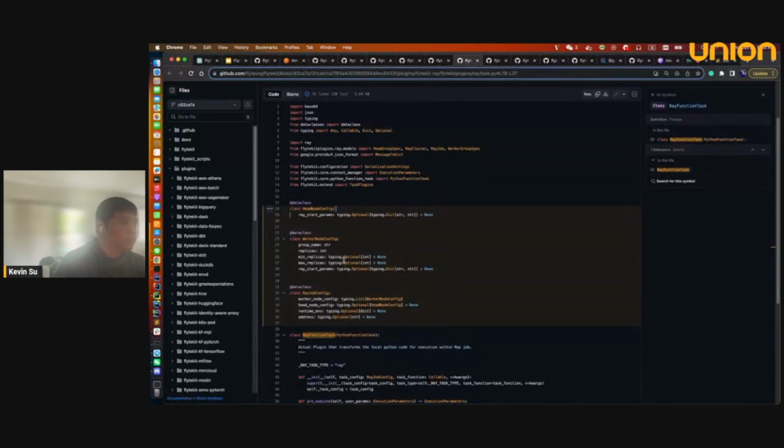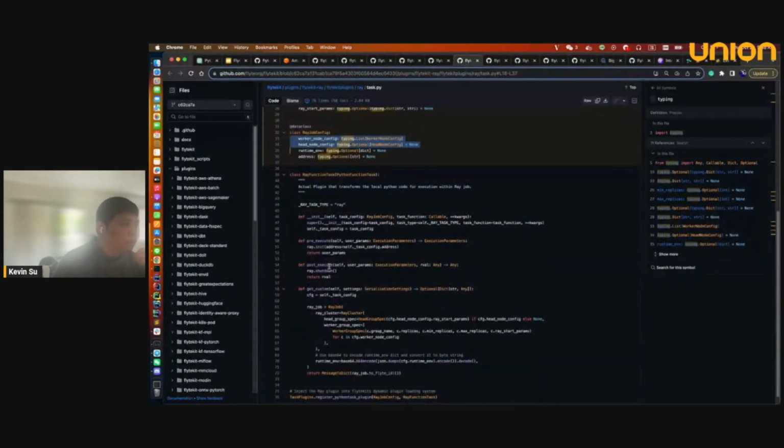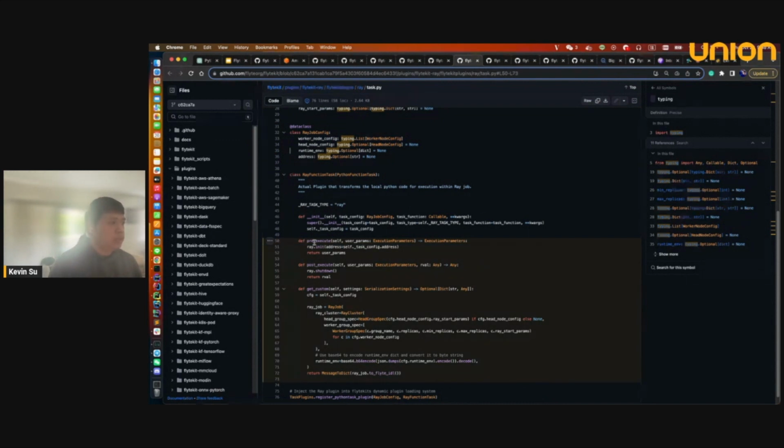In this case, it's the Ray job config: the config for the worker and the config for the head node, and then you need to override these three methods. The pre-execute is executed before we run your Ray remote function, which is where we call ray.init to connect to your Ray cluster, and then post-execute is after your Ray task is complete, you will shut down your Ray cluster,